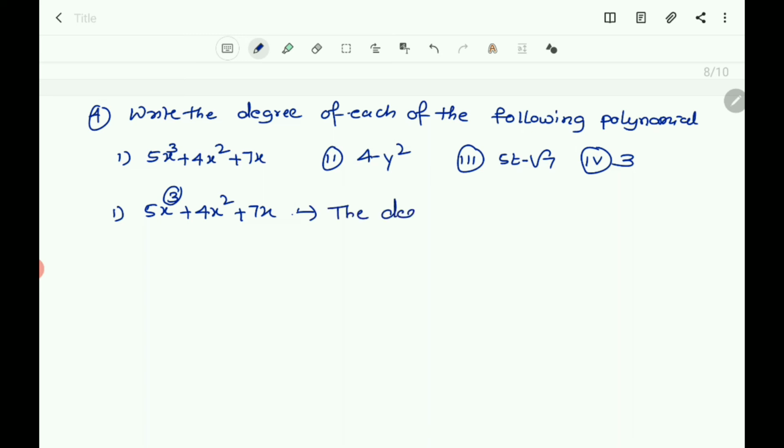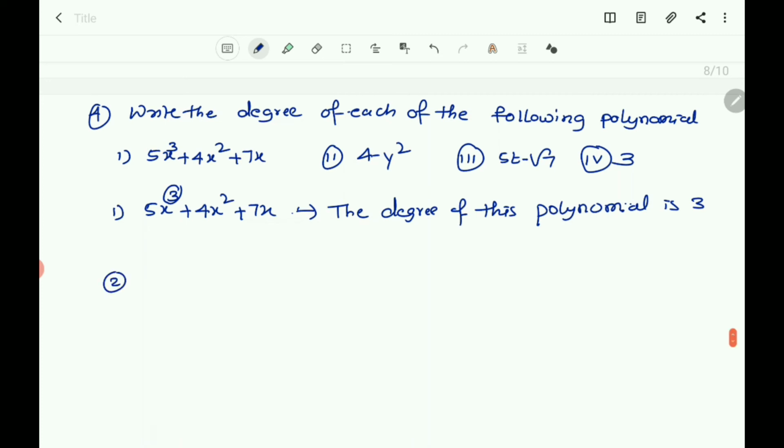The degree of this polynomial is 3. What is the degree of this polynomial? 3. Second one. You take the second one. So what is the degree of the second polynomial? That is 4y square. You write directly here. The degree of the polynomial